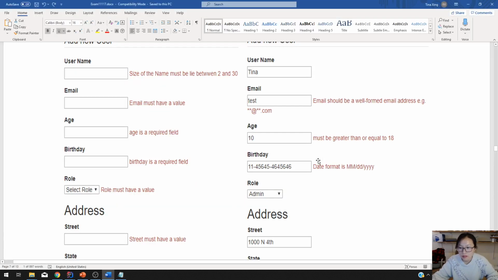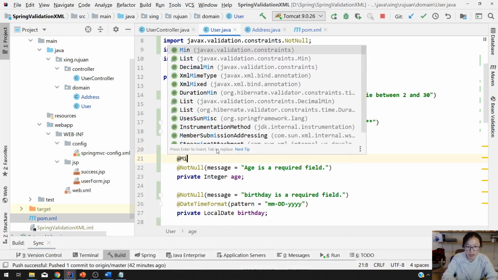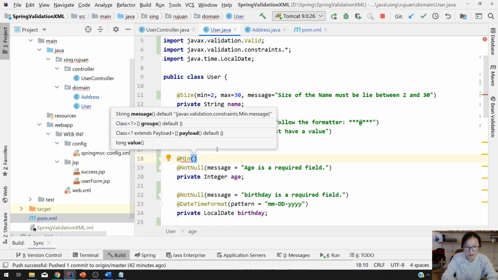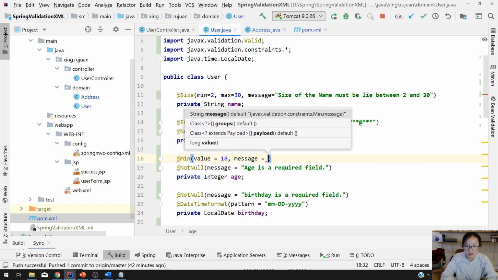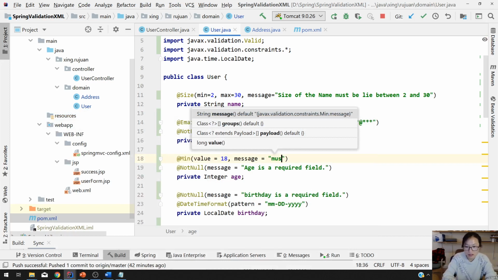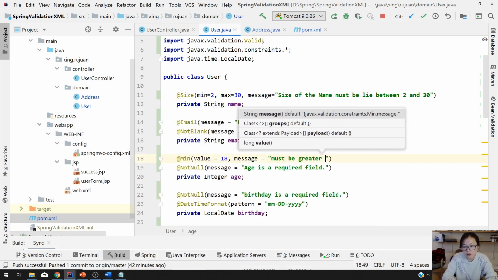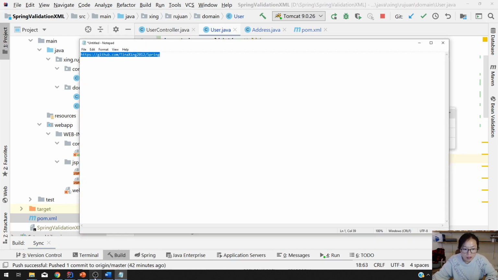what others? This one, age, I remember it has an annotation called @Min on the integer. Minimum, okay, and you can give a value of 18, and then you can give a message which is age must be greater or equal to 18. Okay,